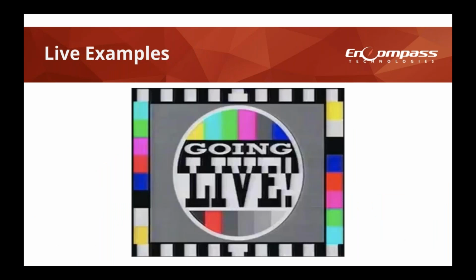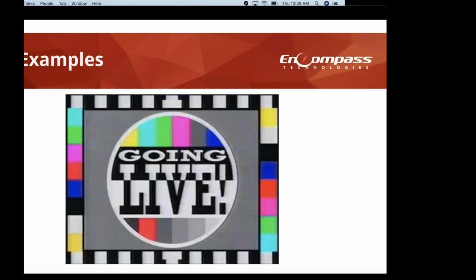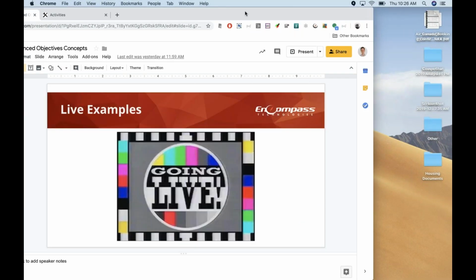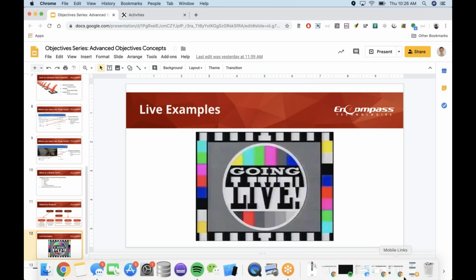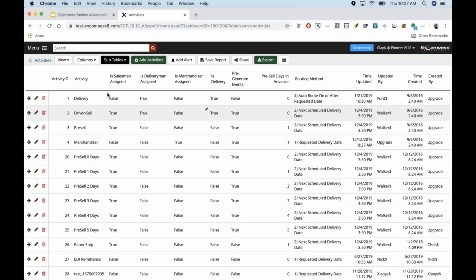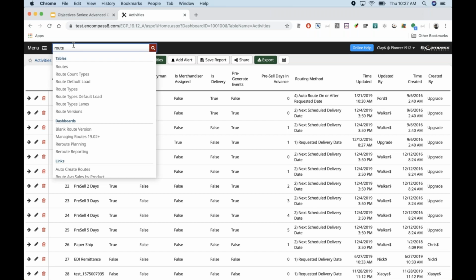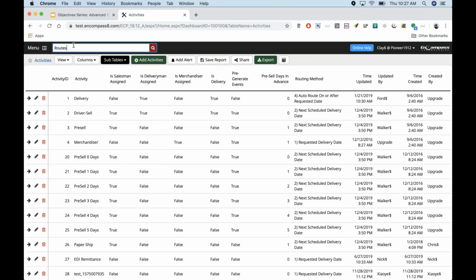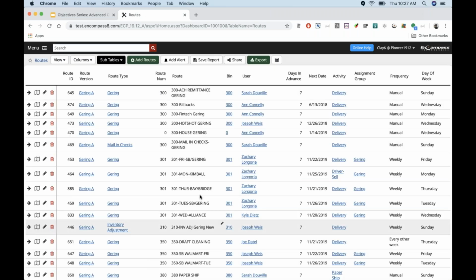All right, enough diagrams, right? Enough slides. Let's go ahead and check out some live examples here. All right, going into questions, still no questions, fantastic. All right, so right now I'm jumping into one of our test sites. It's just one of our Pioneer test sites. So if the data is not resemblant of yours, that's okay, right? But hopefully it will get those concepts across.